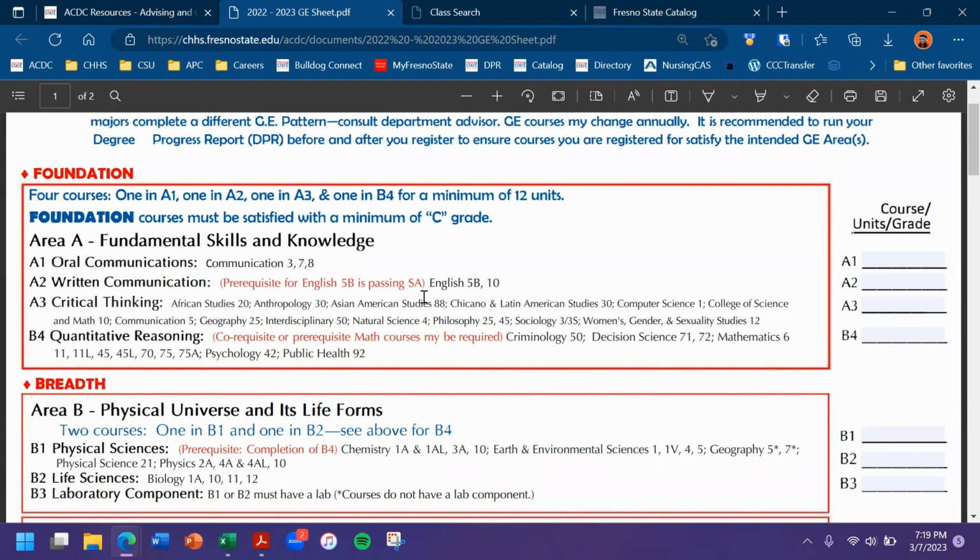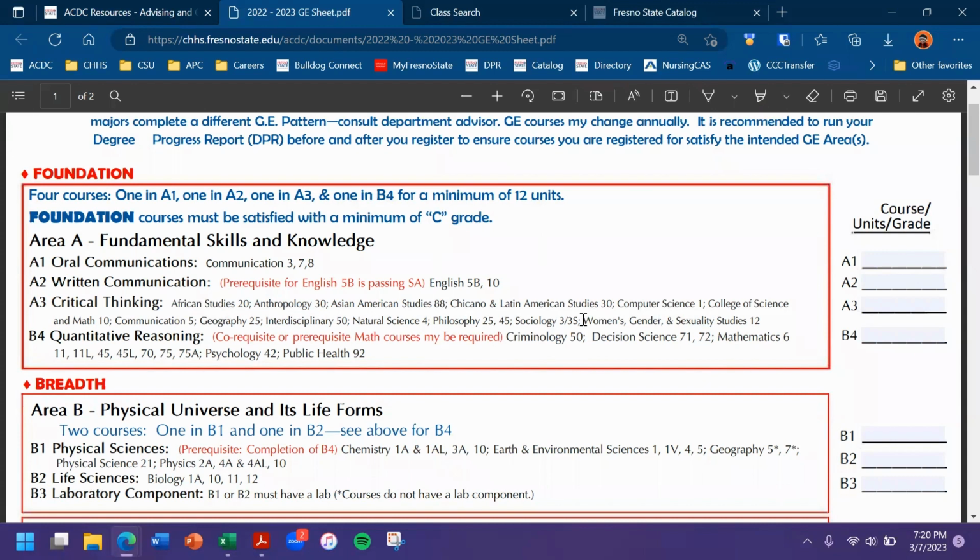With English, this is also similar, as 5B is a split model of the English 10 class, where English 10 is a 1-semester course and English 5A and 5B are that course split over a year. This is also an area that can be commonly cleared with the AP English Language or Literature class. So a good reminder, also linked in the description below, is that AP courses can also clear some of these areas. Critical thinking is our first open area where you just need to take one of a variety of classes.